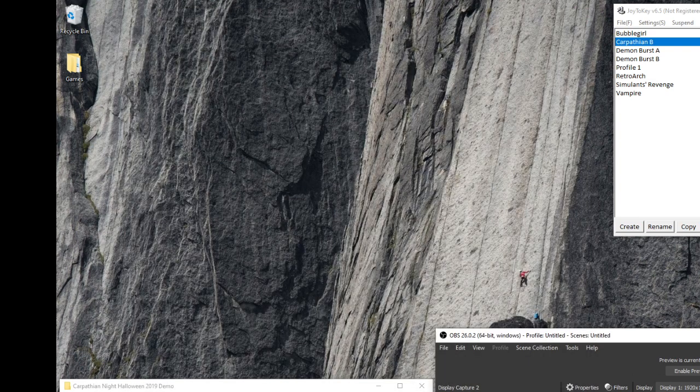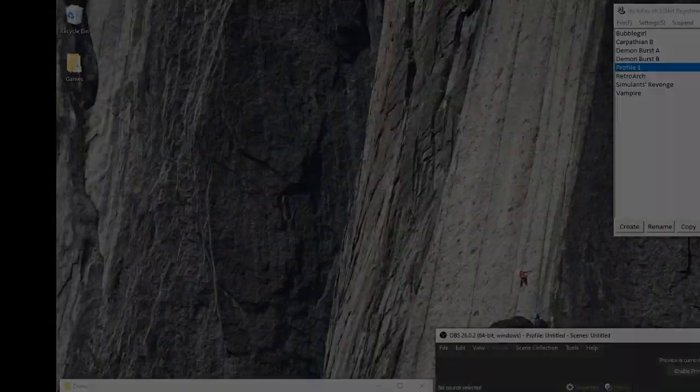Anyway, whatever. So that's the Halloween 2019 demo of Carpathian Night, and that's what exists of the project so far. Still in development, so that's another one to keep an eye on. And the fourth and final demo that I'm playing today is... Well, okay. There's two sort of instances of it on the itch page of Architectus, and one of them